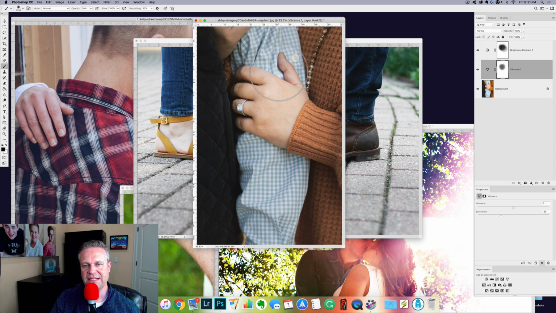Okay, so can you see what's happening here? I now have gone from this image to this image by creating a vibrance layer, selectively choosing what I want to have vibrant, and a brightness layer, and selectively choosing what I want to have darker and brighter. So hopefully you're starting to see the power that can be had with adjustment layers and what they can do. Now the next thing, and the last thing I want to do, and it's important with layer